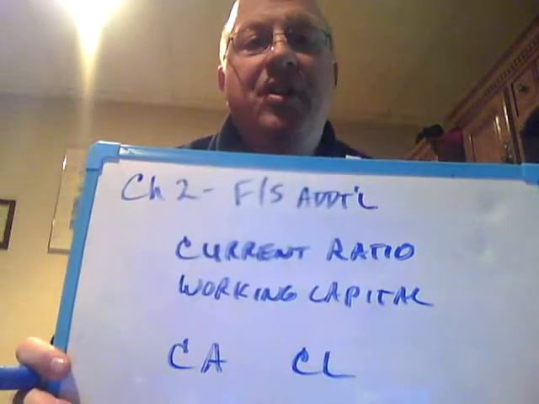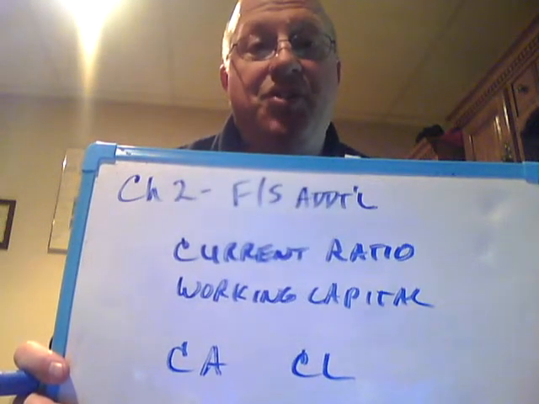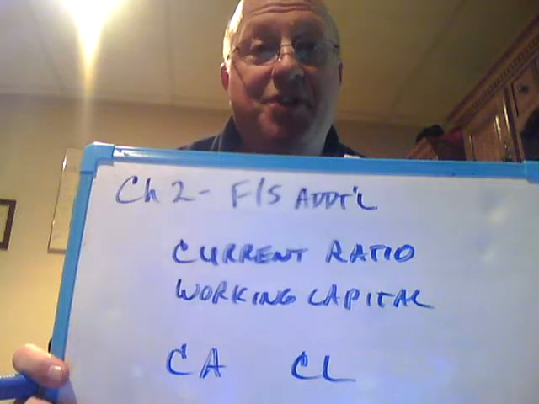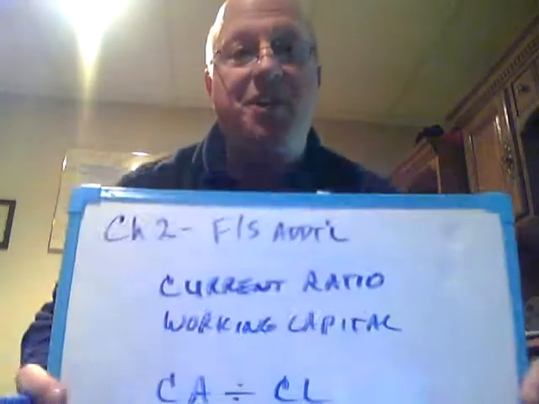So the current ratio is the ratio of current assets to current liabilities, so you would simply divide current assets by current liabilities, and you would get something that was hopefully greater than